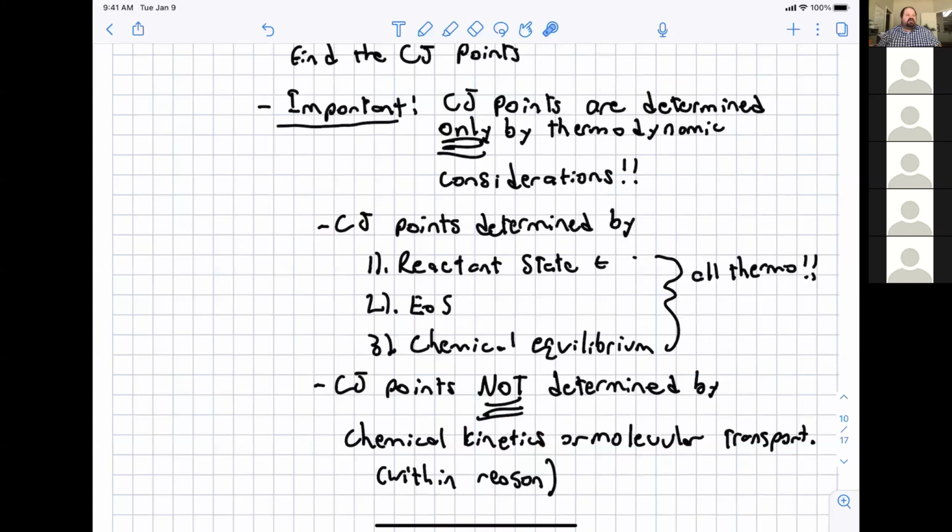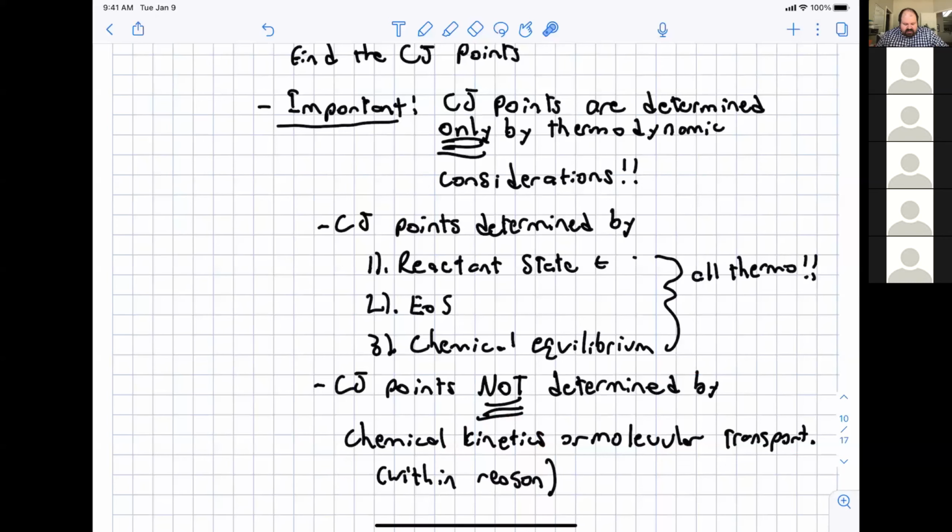Again, within reason: if your chemical reaction was so slow it took 30,000 centuries to complete, you would not have any combustion wave, of course. But any reasonably fast chemical reaction mechanism will produce the same Chapman-Jouguet detonation,